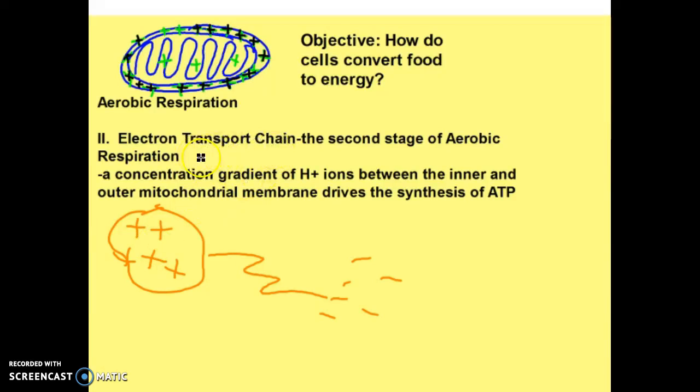the electron transport chain, where most of the ATP is made, works because it builds up a concentration gradient of protons, which are hydrogen ions that have lost their electron, basically, between the inner and outer mitochondrial membrane, and this actually drives the formation of that ATP. So I like to think of this concentration gradient, remember nature doesn't like a concentration gradient, so if we have a whole bunch of protons here, and there's not as many protons on this side of the membrane, remember this is the mitochondria,